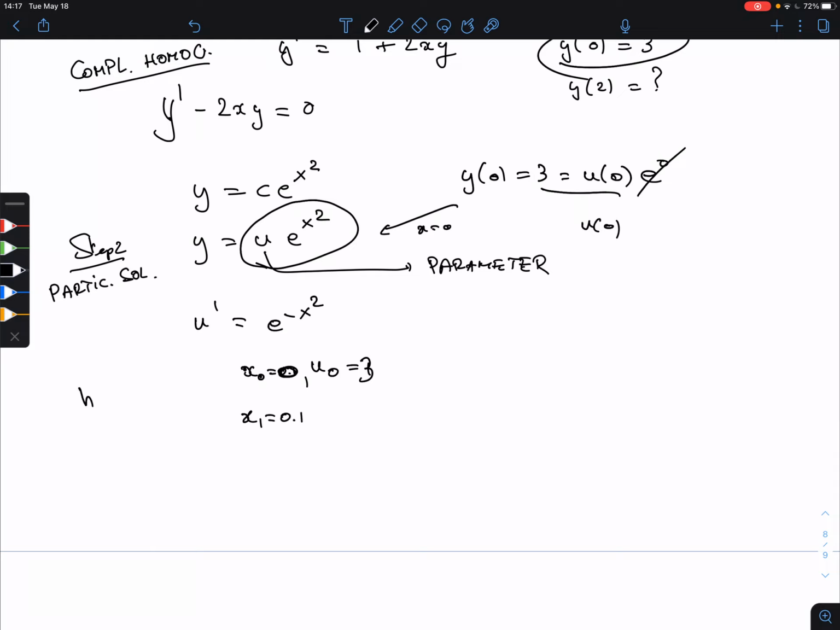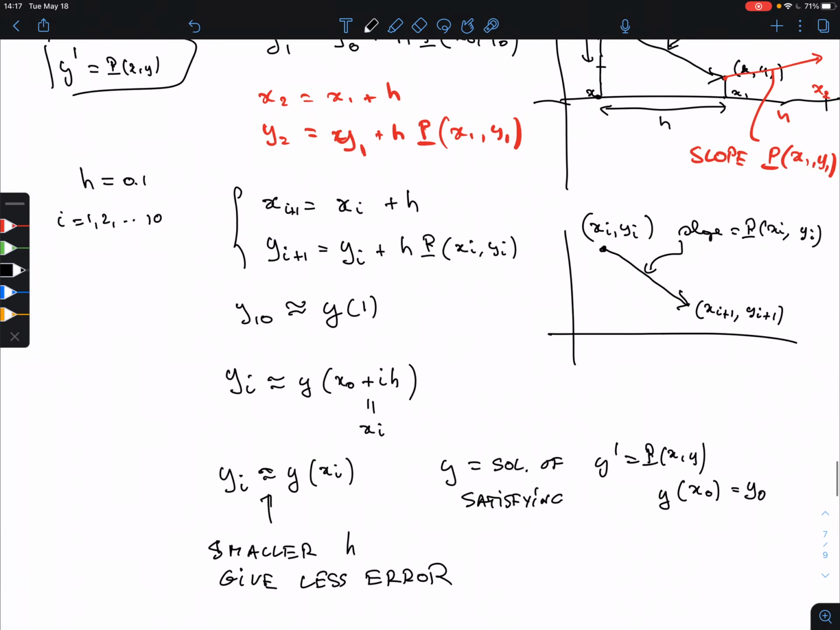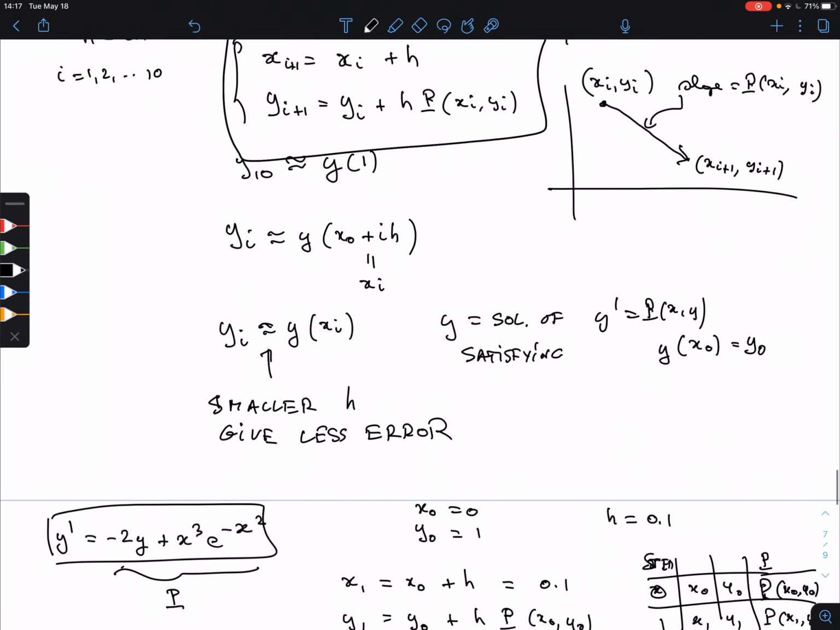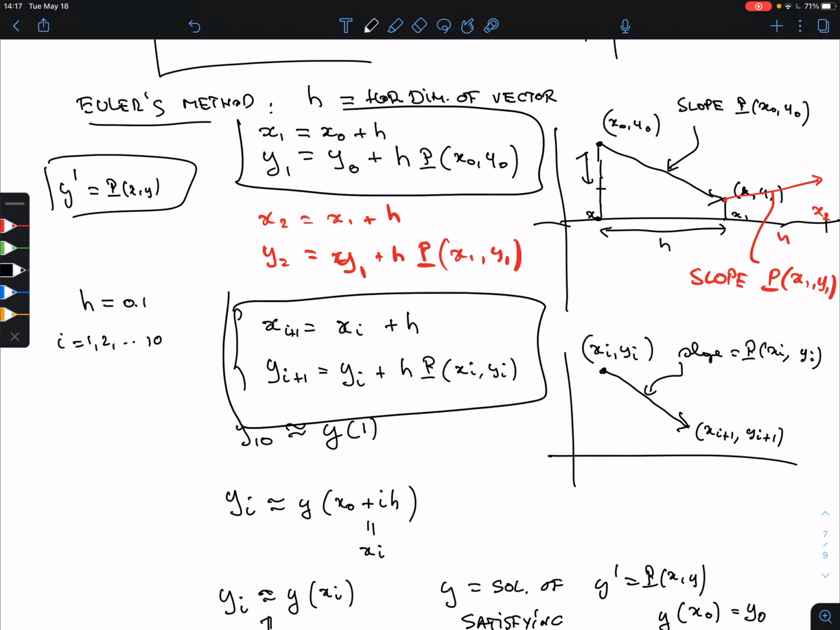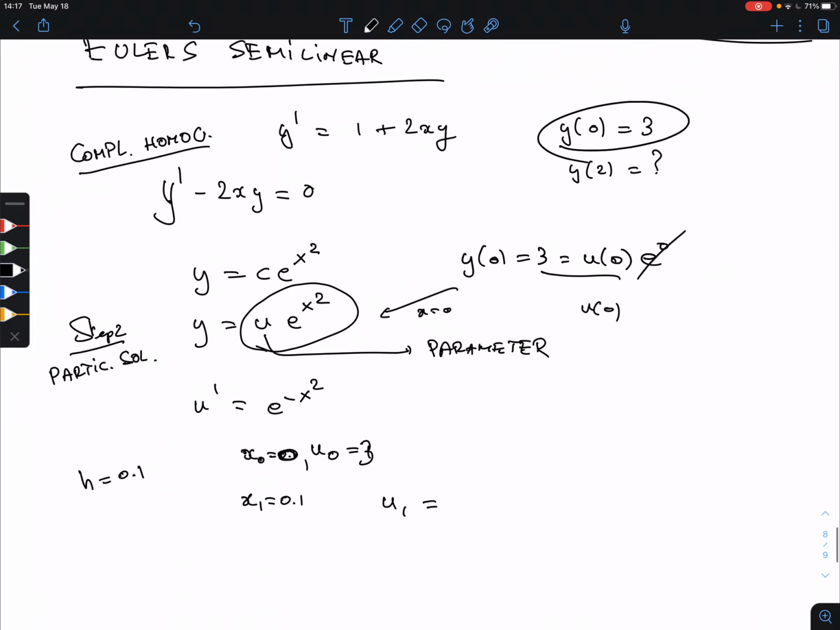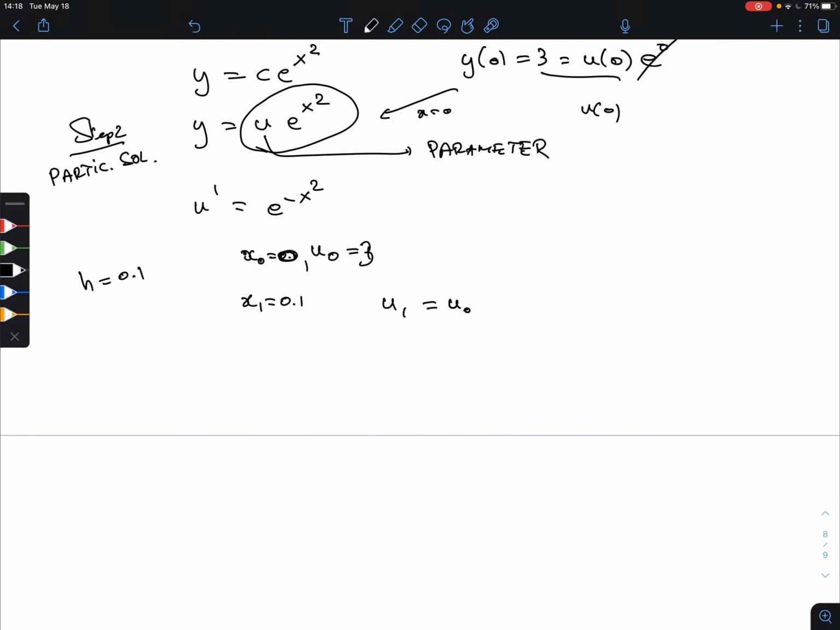I'm doing only one step. What was u1? The formula for u1 was, just copy this formula, but just replace y by u's. So u1 is u0 plus h times, but now this is our q of x, since it only depends on x, so it's actually a q(x) here. So this is now the new